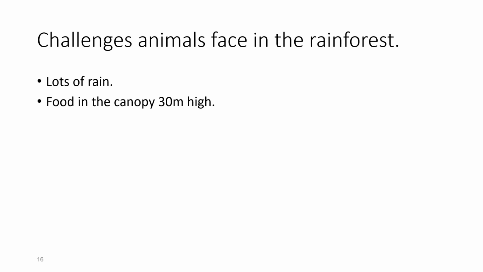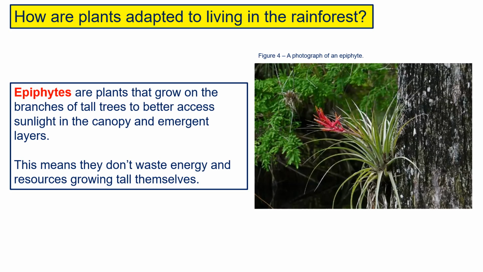Second challenge, food is high up in the canopy at 30 metres. It's very dark on the forest floor, and there's heavy rainfall. So we can go through and see how animals and plants have adapted to survive. So plants first. Epiphytes. These are plants which have their